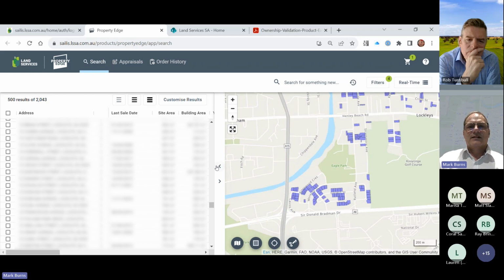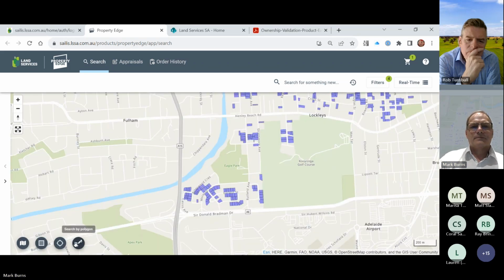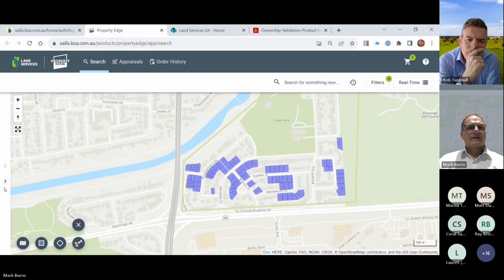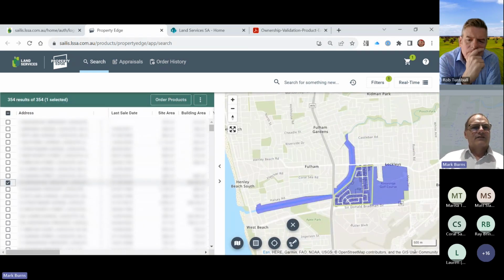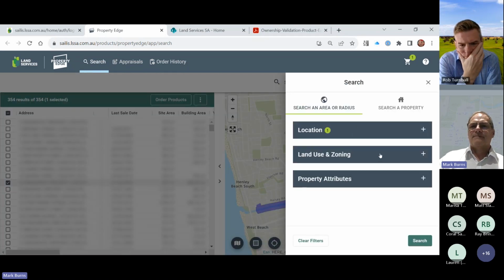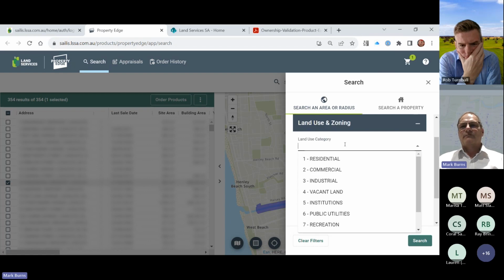So what I can do there is, I'm just interested just around on the edge of the golf course and inside that boundary. So in that little area there, I've identified 354 properties. If I quickly just go back into this area here, I just want to actually reiterate again that